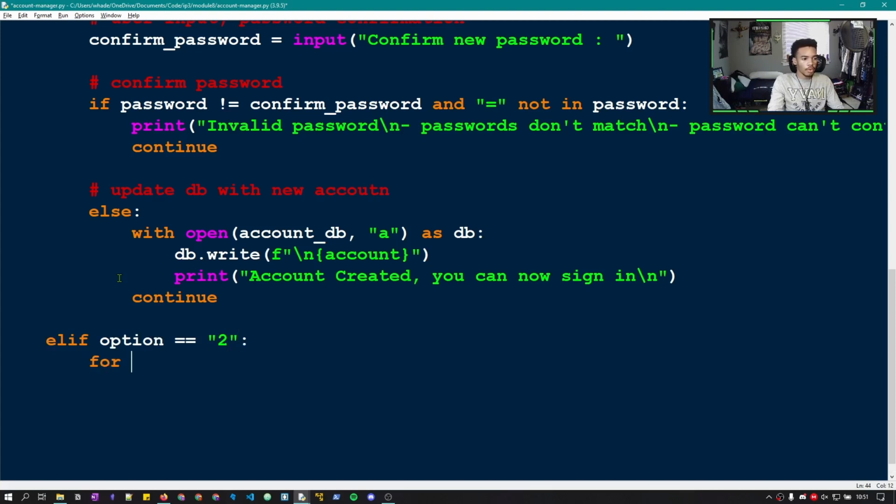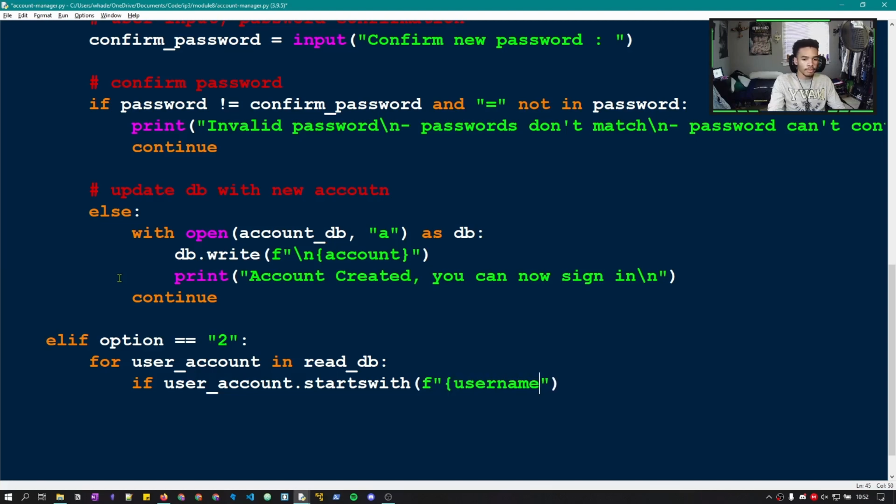We can do for user account in the read database, if user account dot starts with, and this F string is going to be their username and then 2 equal signs,